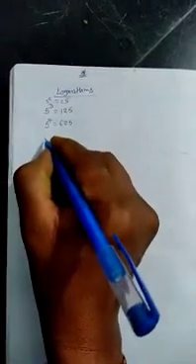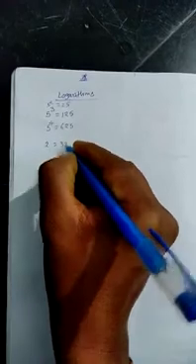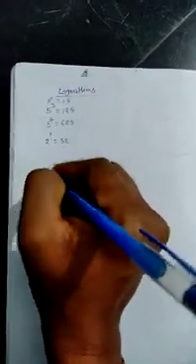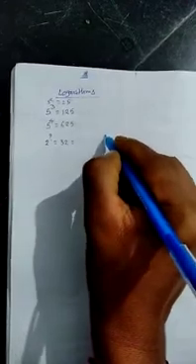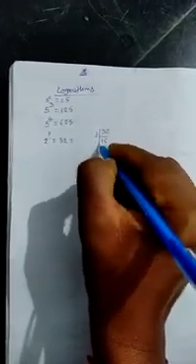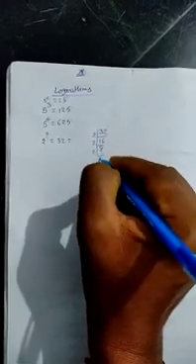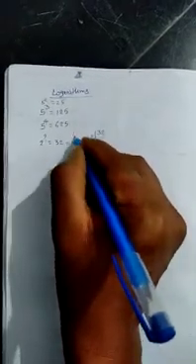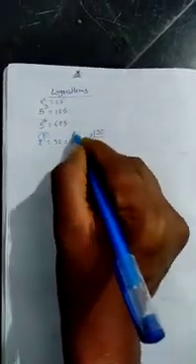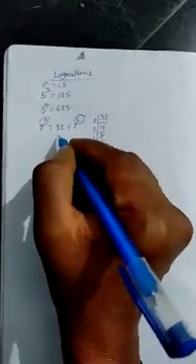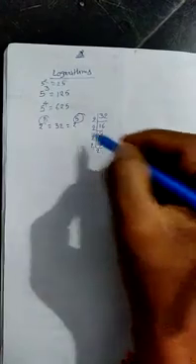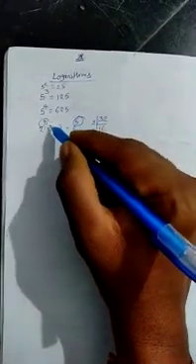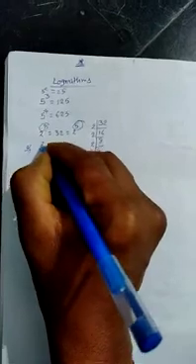Same question, for example, if I ask you 2 power how much is 32. What you will do is prime factorization of 32 like this: 2 16s are 32, 2 8s are 16, 2 4s are 8, 2 2s are 4, 2 1s are 2, so 1, 2, 3, 4, 5. So you write 2 power 5. That means the question mark is nothing but 5. If any number can be expressed as a product of prime numbers, you can identify that power value easily. If 2 power x equals 32, then the x value will be 5. This is already learned in 8th standard and 9th standard.